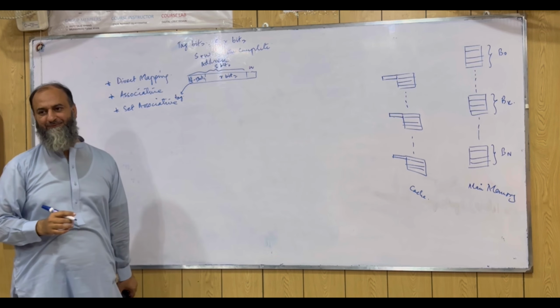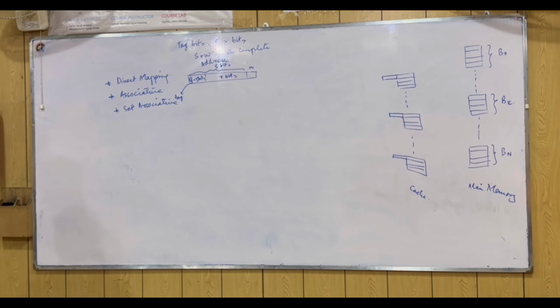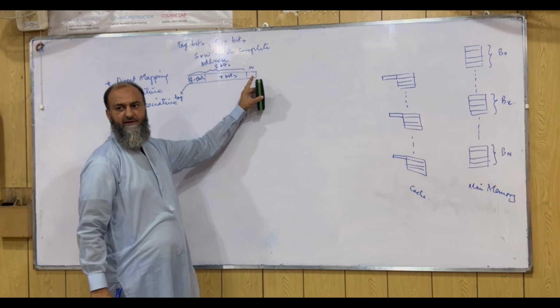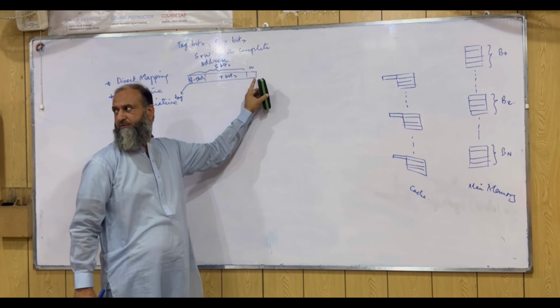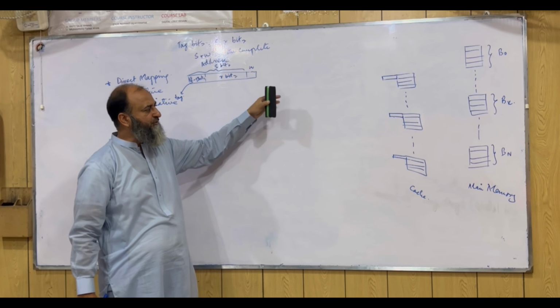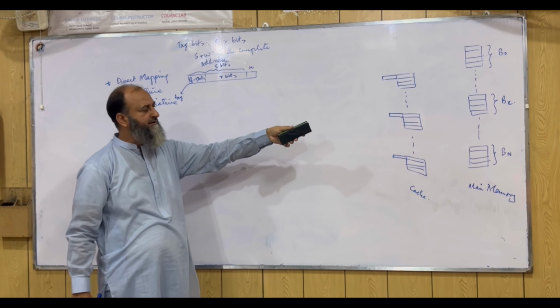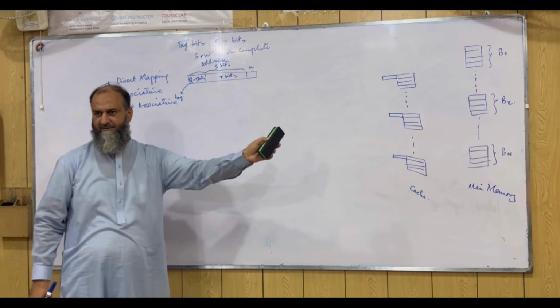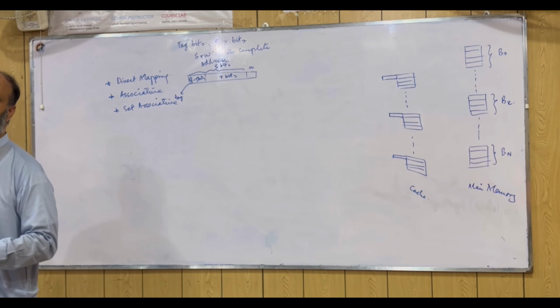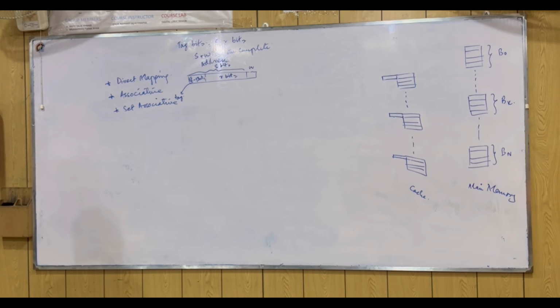And R bits are going to be representing the line number of the cache memory. Cache memory के line number को identify करता है. Is it okay? And W bits are going to be representing each individual word within the block के अंदर. So let's suppose each block is composed of 4 bytes, and this is a byte addressable memory. So how many bits are needed to identify a single byte within the block? Block के अंदर अगर एक byte को आपने address करना है तो W bits कितने होने चाहिए?